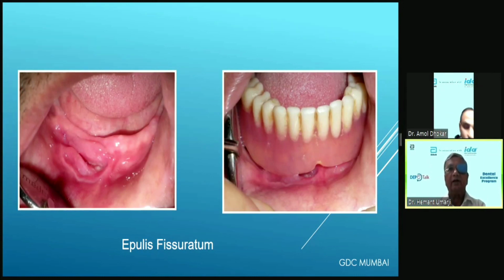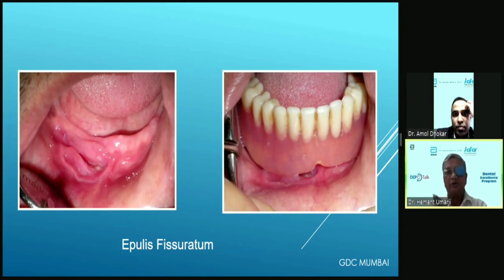Sometimes, we used to tell the patient, now you don't wear the denture, let it heal, because we also feel worried that if this turns malignant, then the dentist will be blamed for it. So we used to say, don't wear it. But old patients will not listen to you. Then what we started doing in GDC was that we'd remove the denture and keep it in the department, properly saved with his name and all that, so that he will not lose the denture.